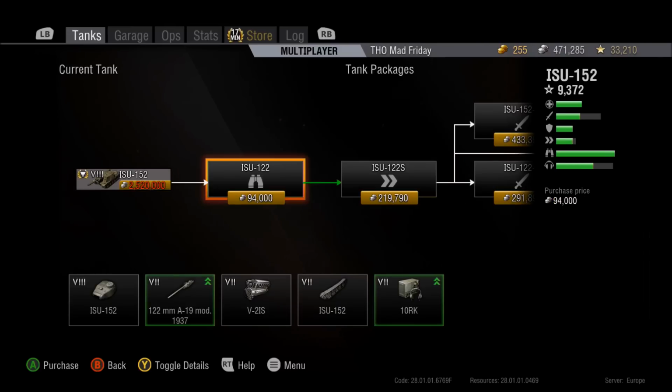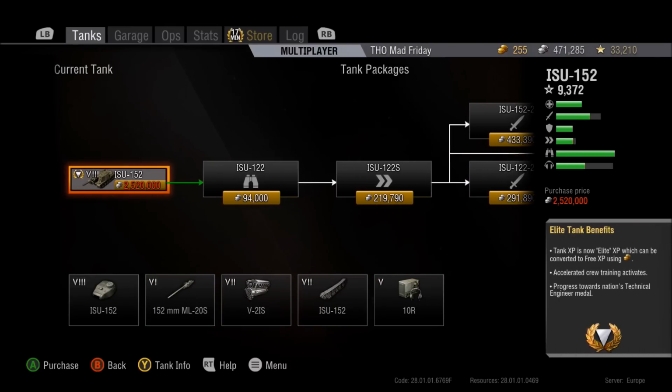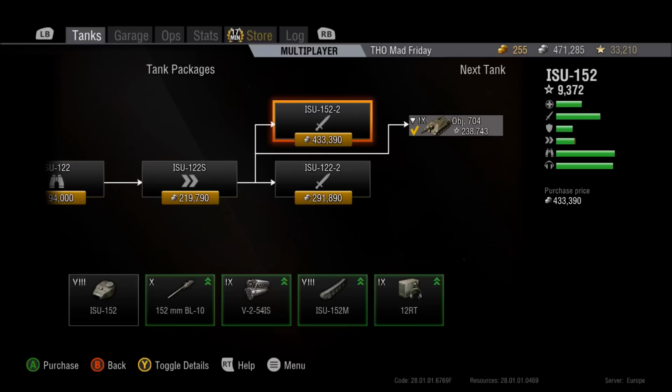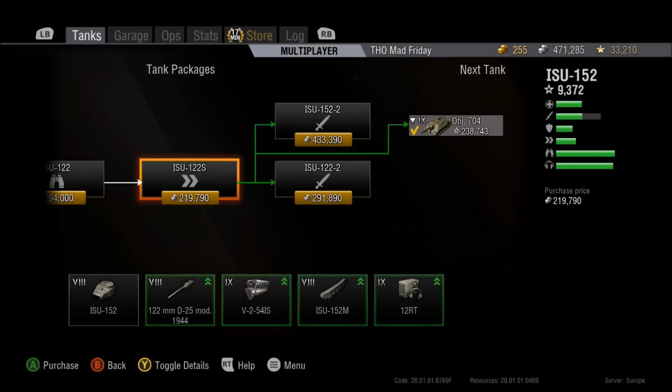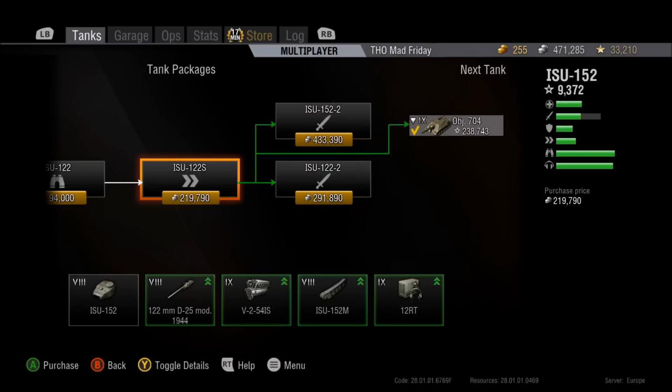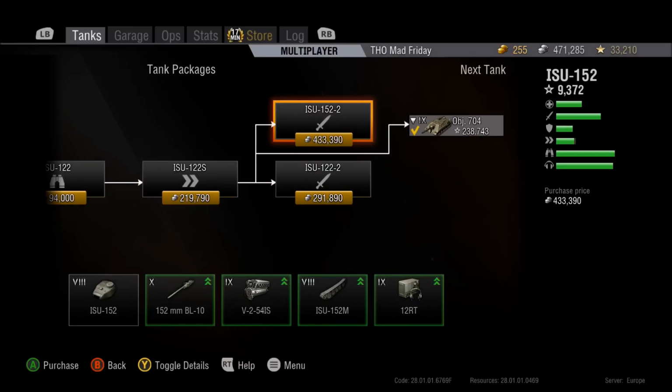Let's have a look at the packages. Right, so again you start off with a crappy derp gun and you grind all the way up to the big BL-10, the troll cannon. This tank is actually pretty crap without this gun. This gun is what makes this tank playable, because you don't have the mobility and stuff like that